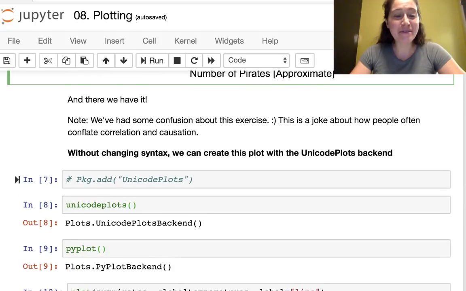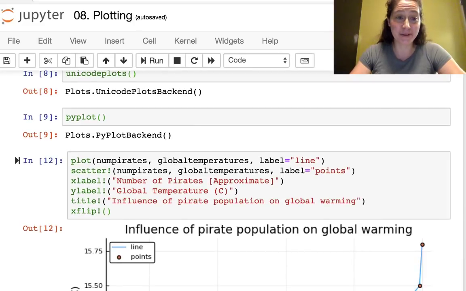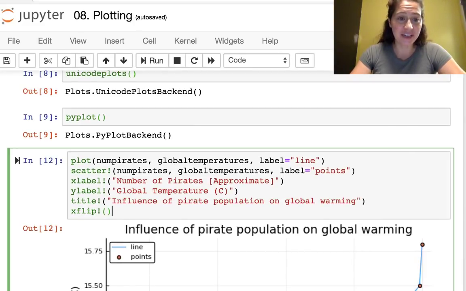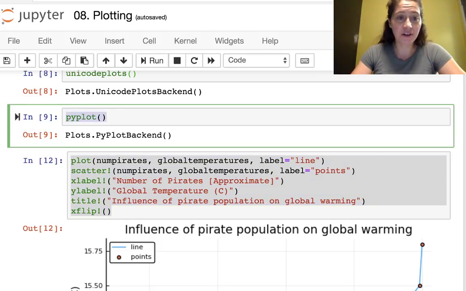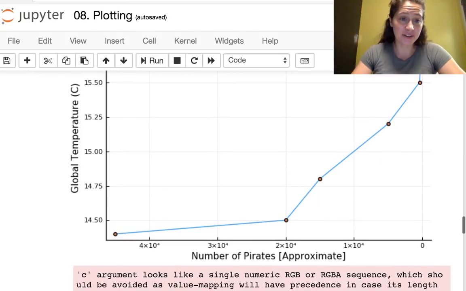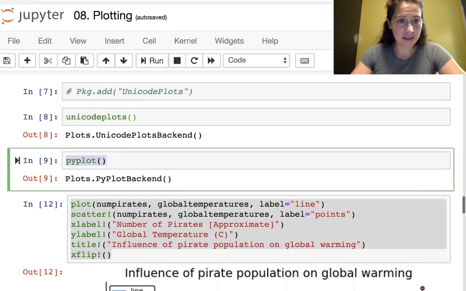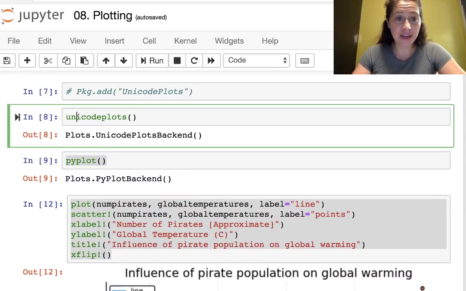Okay, so what might we do next? What we might do next is show that we can generate very similar plots now with different backends without changing our code. So this is the code that we use to generate the plot above. Here what I've done is I've called the pyplot backend, and now we're getting a pyplot version of this same plot. Another backend we might use is this one called Unicode plots,